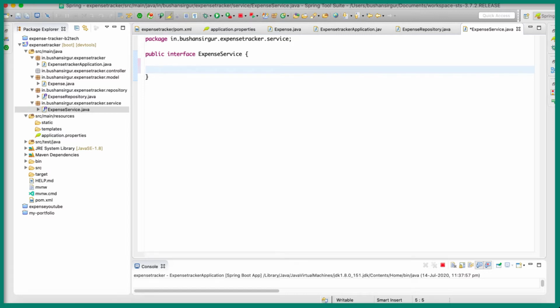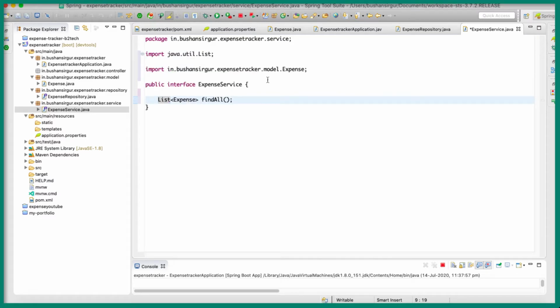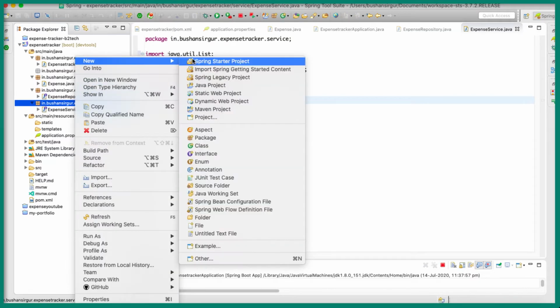I'm going to call this findAll, and this is going to return a list of expenses. Let me import the required packages, the List which is from the util package, and the Expense which is from the model package.